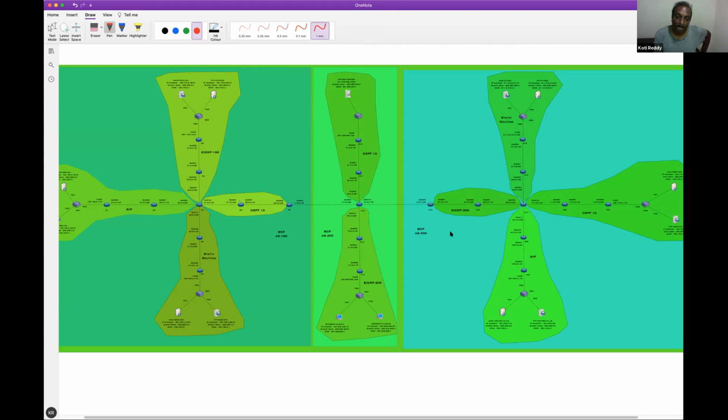Any doubt here? I know it's an elaborate, a very big case study, right? With around how many routers? Around 23 routers are there in this particular case study. We did the same thing again and again. You should only know where to do what redistribution, that's all. We did not do anything new. You know all the commands. The only thing you should know is which command should be applied where, and where I should redistribute from where to where. Once you know that, everything is easy, right?